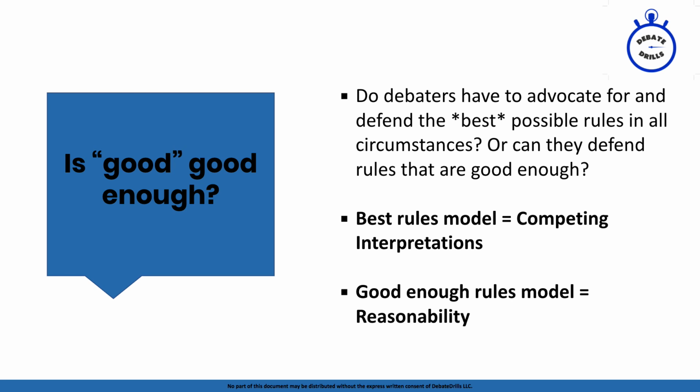So, hopefully this gives you a good sense of one of the core disagreements at the paradigmatic level of how theory debates are resolved. On one side, people say, look, if I'm being accused of cheating, I should be held to the standard of good is good enough, and I shouldn't have to show that I was perfect. And then usually the side that's accusing the other side of cheating says that, look, they should be held to a very high standard of excellence. They should not be allowed to get away with good is good enough. We should hold them and expect them to be great, not just good.